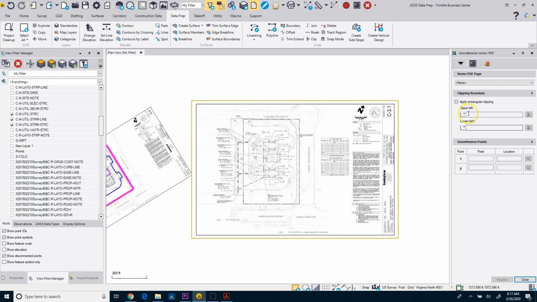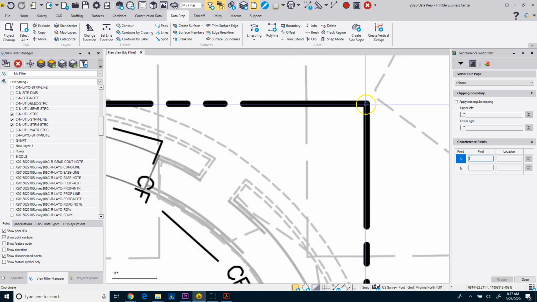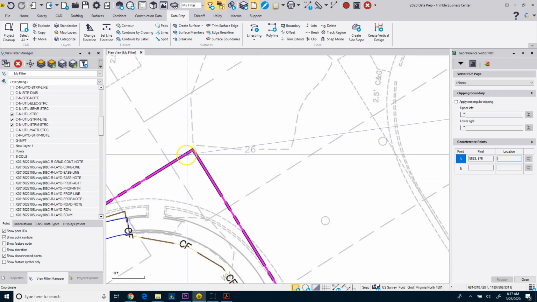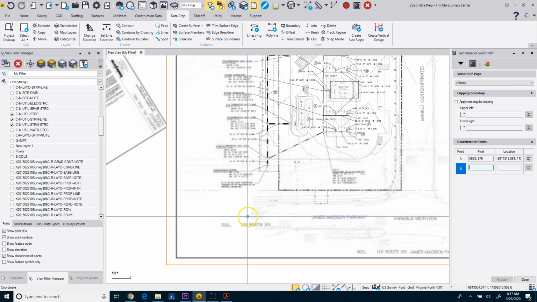So I'm just going to not use the rectangle clipping. I'm going to go with pixel. And again, I always like to use opposite corners. So I'm going to come in here and snap to that corner there. I've got my property line turned on so I can snap right to that corner there. And then I can come down here,